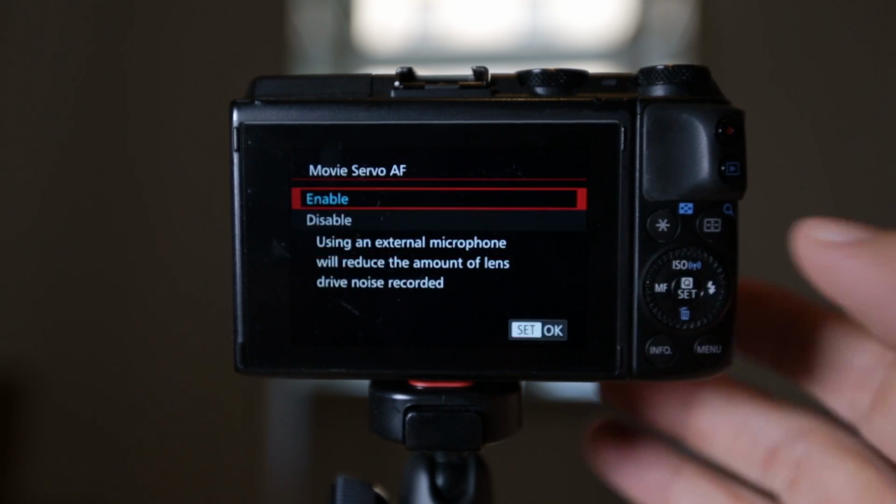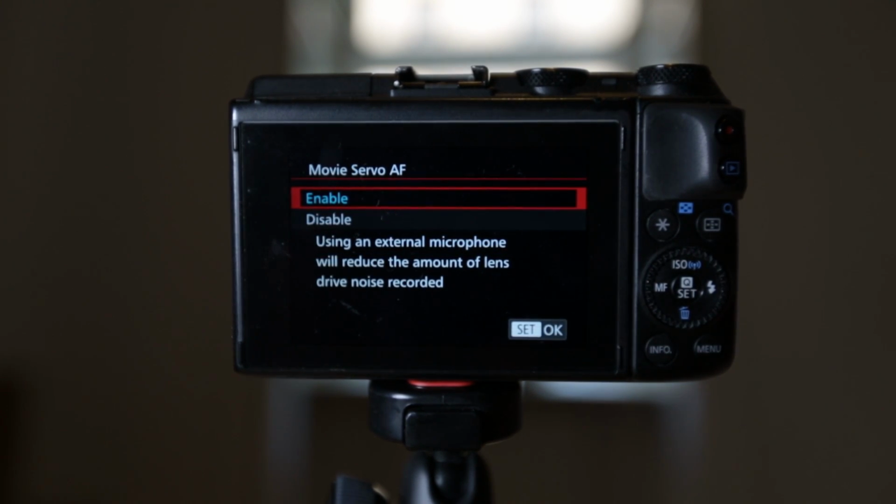Then maybe Servo AF. It's just, do you want to use the Servo autofocus or not? Why you would need to think about it is if you are using the microphone input in the camera, some lenses are rather loud when they do the servo focusing, and it could come through on the sound of your video. Some of the STM lenses that Canon makes now don't really suffer from that as much. They're pretty silent, but that's why they provide this option for you